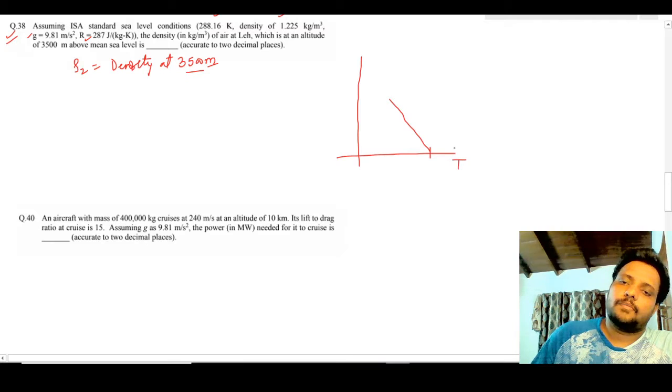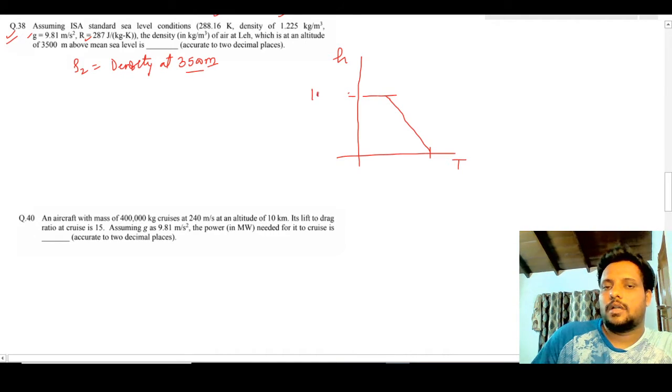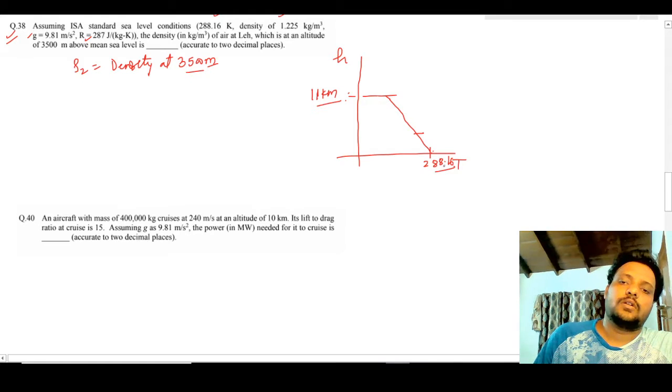So this is temperature, this is altitude, and the upper limit of the first layer is around 11 kilometers. That means 3500 is somewhere here. Here this is the point of sea level conditions where the temperature is 288.16 kelvins, and it is